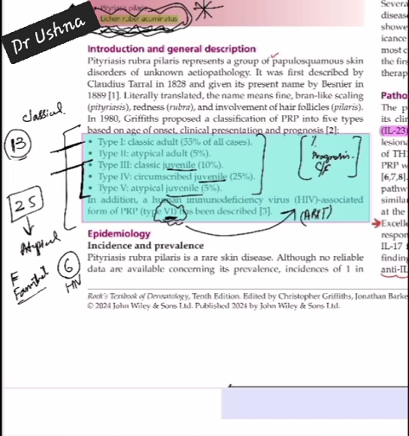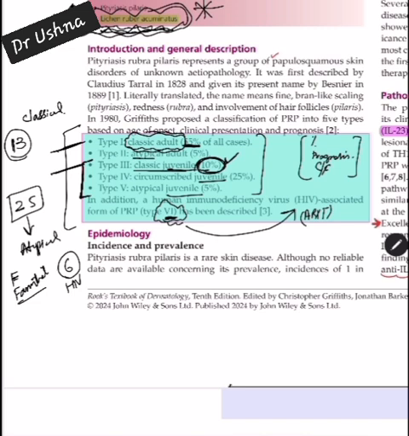So we have just done the classification of the PRP. The other important thing is percentages. Type 1 is a very important disease. It presents with all the classical features of PRP. It is the major bulk of the patients, 55%. Type 3 is classical juvenile. Not the second most common, but the classical one. Among the classical ones, it is 10%.